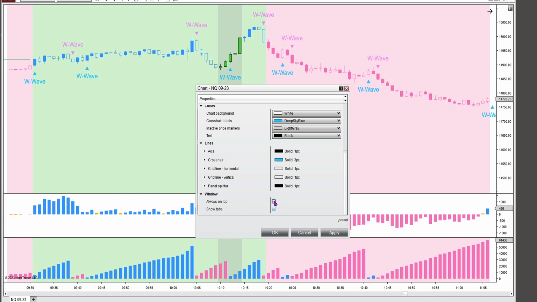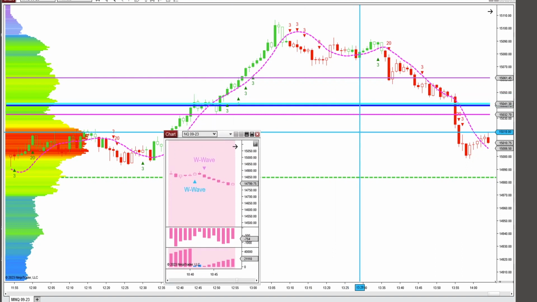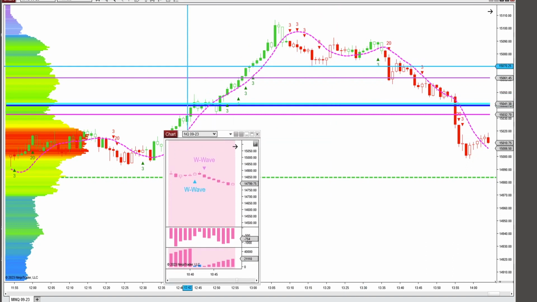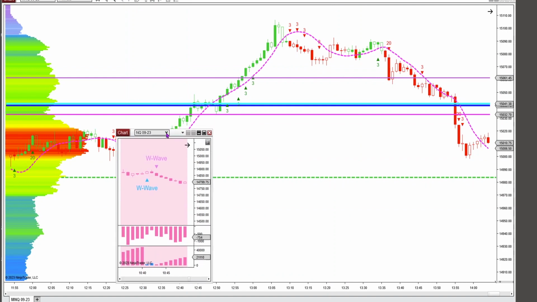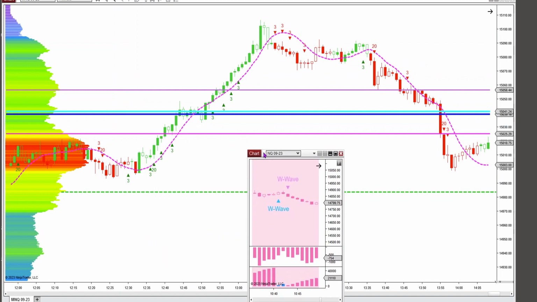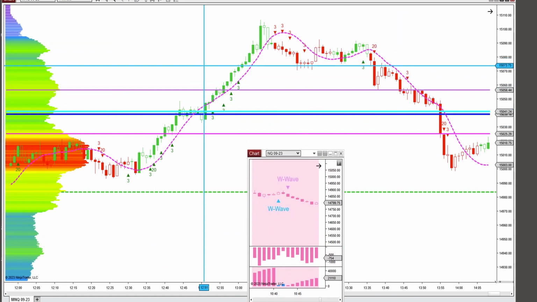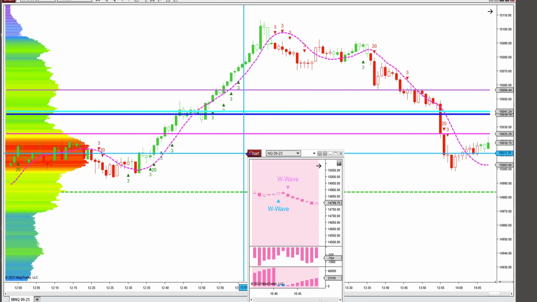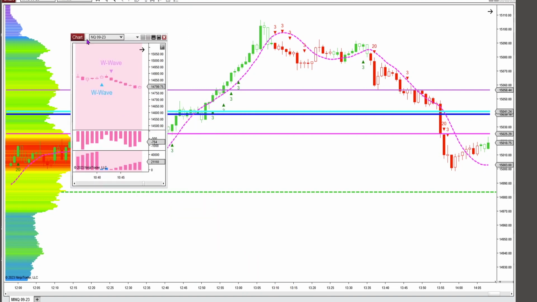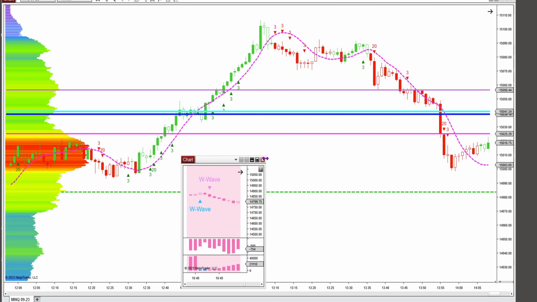And then you can check always on top. And that will keep this window on top no matter if I'm clicking on my other chart behind it. This chart will stay right on top of everything, so I'll always be able to see it. So I can be using Chart Trader in the background on my main chart and entering orders, and this will still stay in the foreground, so I can kind of keep an eye on it. I can move it around to somewhere that's out of the way at the moment,